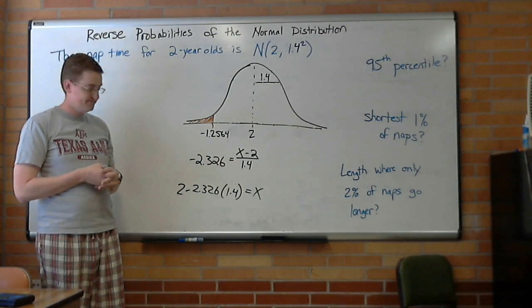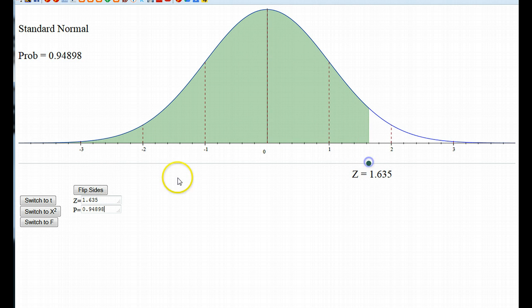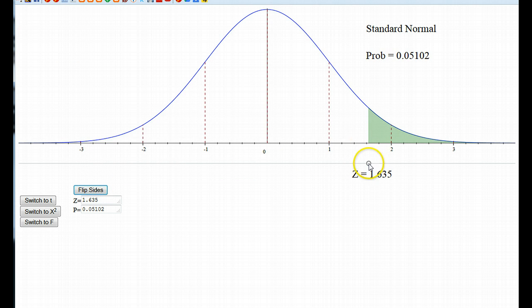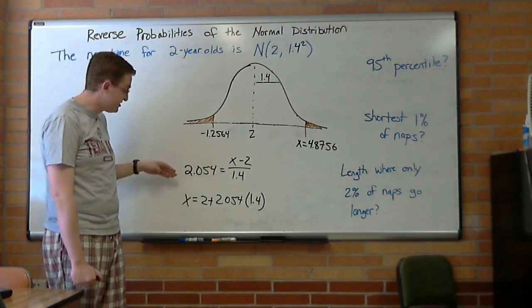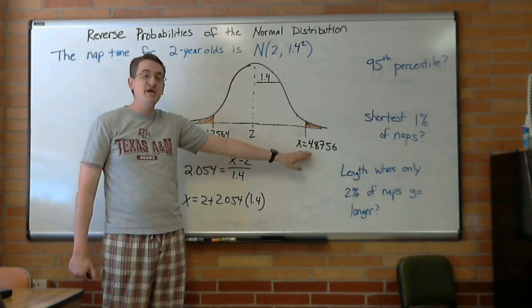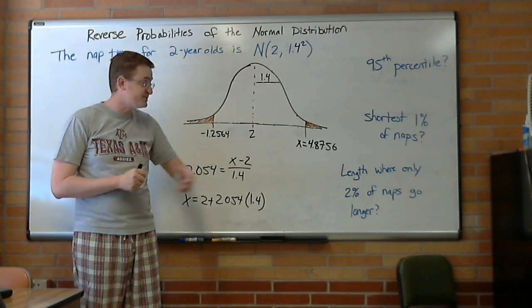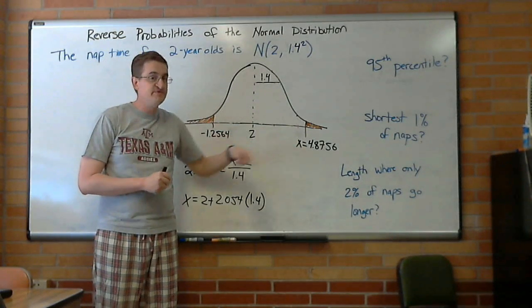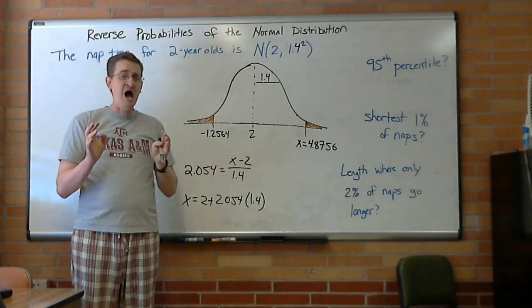Let's do the last question. If I want to know where the longest 2% are, then I'm trying to go up here so that I get an area of 2%, which looks like, see, I can almost eyeball it. But if I want to get it exact, I'm going to go 0.02 right there. There's my z-score. We solve for x the same way we did all the others, and that gives us a value of 4.8756. So if you were really hoping that your 2-year-old would sleep for 5 hours, that's going to be very, very rare. You've got to be super, super lucky for that to happen. Now, the most important thing that you must remember when you do this is